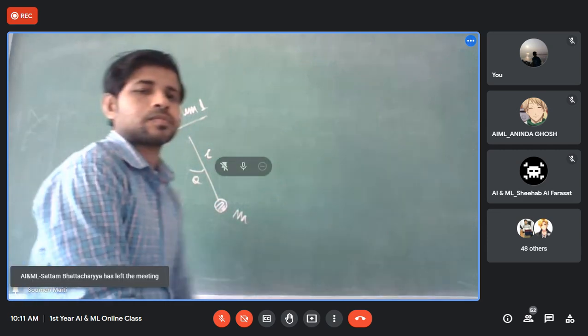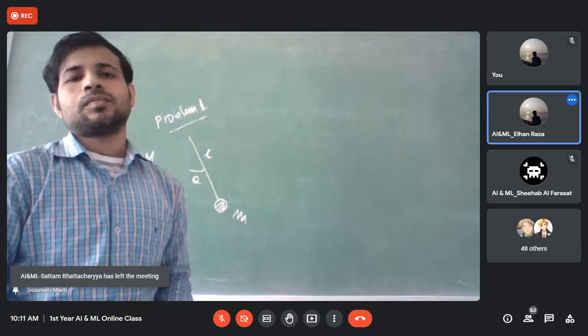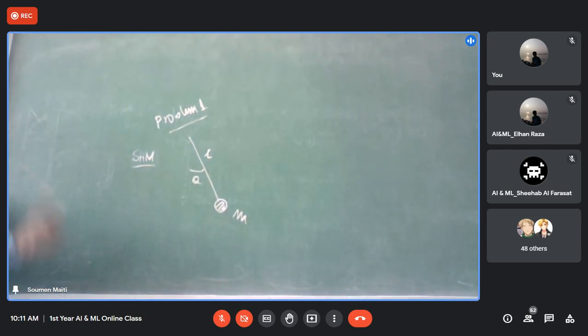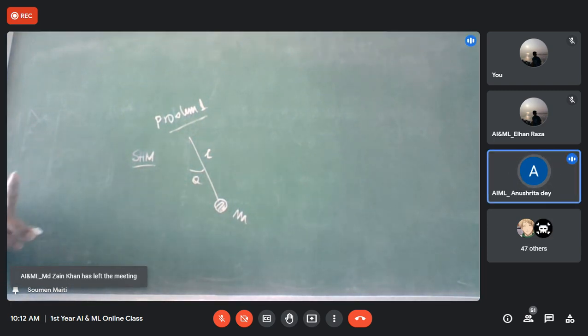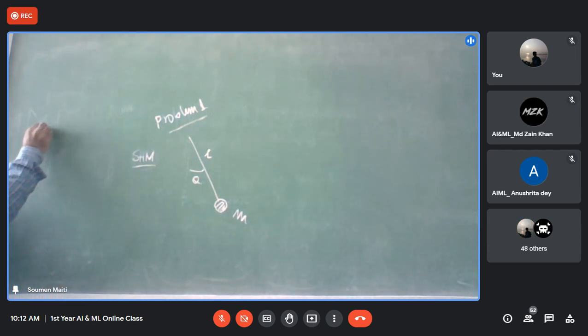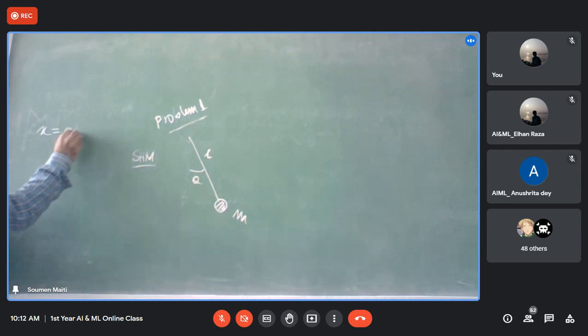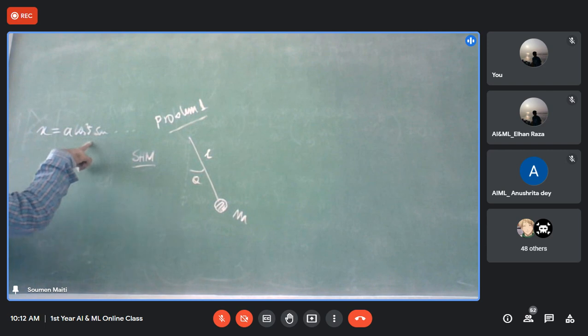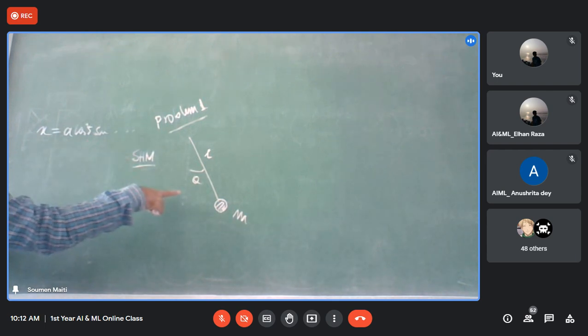Sir, it has amplitude. What does it mean? That is a very poor answer. Suppose x equals something like a cos square, sin square, or z square. This has an amplitude. Do you know whether this is an SHM or not? Every oscillation has some amplitude. How can you say that as this has amplitude, this is an SHM? So it's a poor statement.